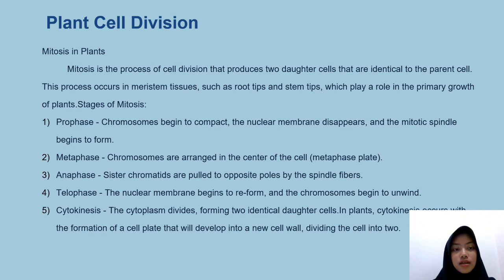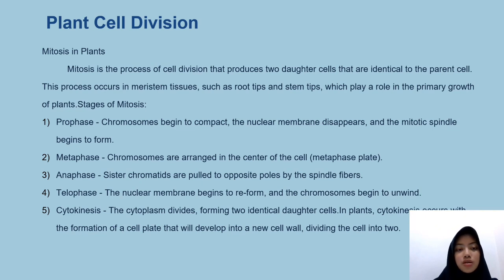Okay, the next material is plant cell division. There is mitosis in plants. Mitosis is the process of cell division that produces two daughter cells that are identical to the parent cell. The process occurs in meristem tissue, such as root tips and stem tips, which play a role in the primary growth of plants. The stages of mitosis are: